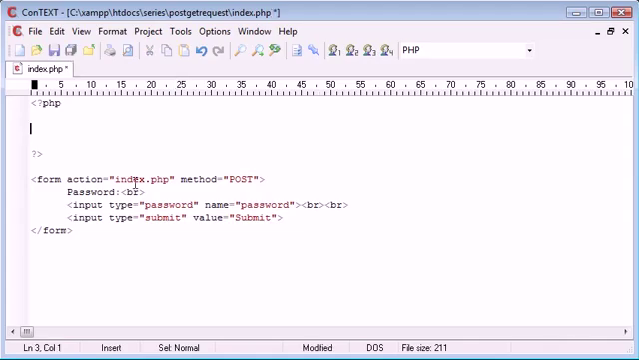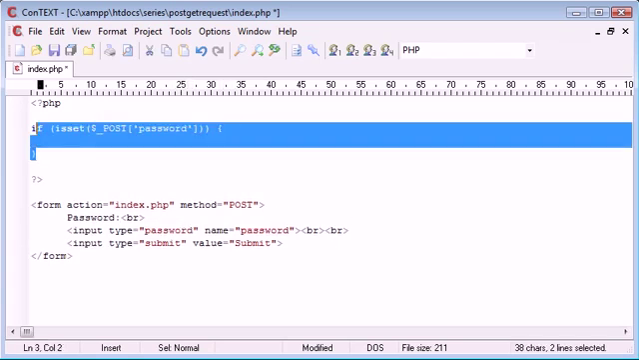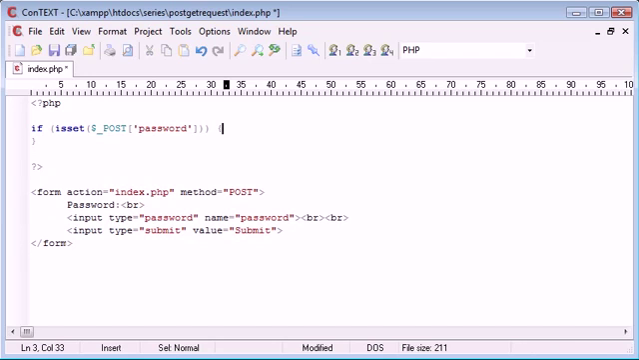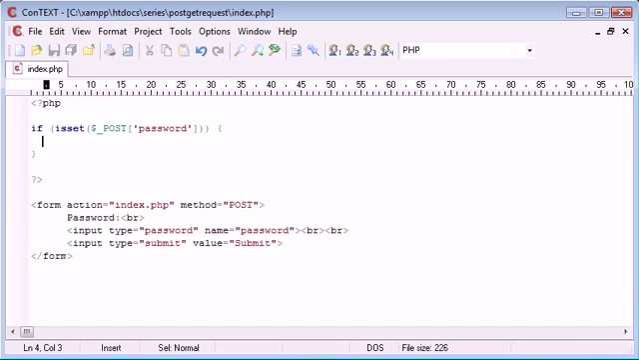We can again check that the form has been submitted. So we say if isset, and we say $_POST, this time password, we execute in this block here. So if we've submitted and the password has been sent, or the form field data has been sent, we now need to grab that. So I'm going to say $password equals $_POST